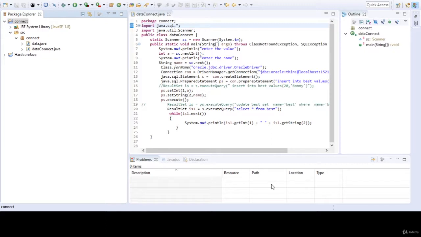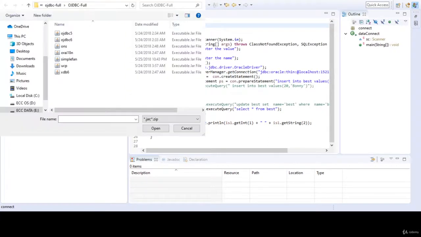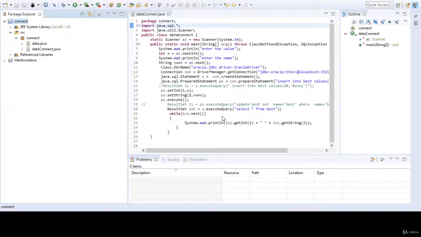After this you will see one dialog box like this, and in this you are going to select OJDBC6, right. When you click on open, it will add the reference libraries to this. As you can see here, the reference libraries are added to my package, right.